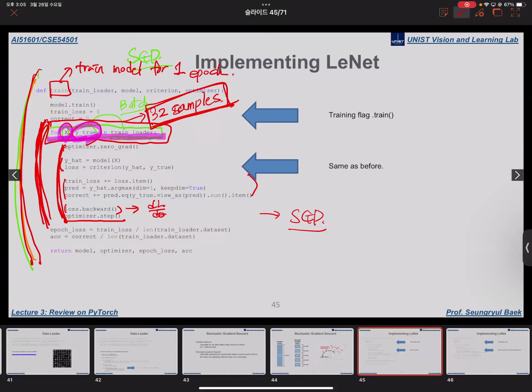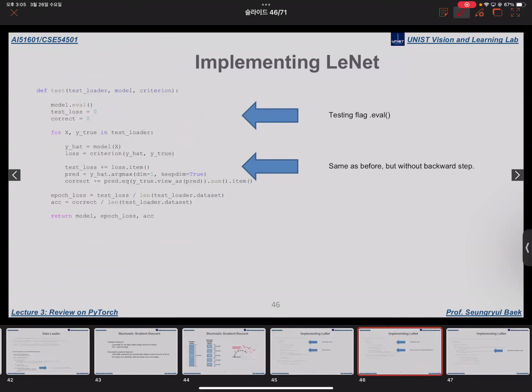And for each partial batch, you will call the same training code we learned: forward, loss, backward, and update. That code is called for each batch. And this loops through all the data and then finishes. This is the one epoch training code. And this is the one epoch